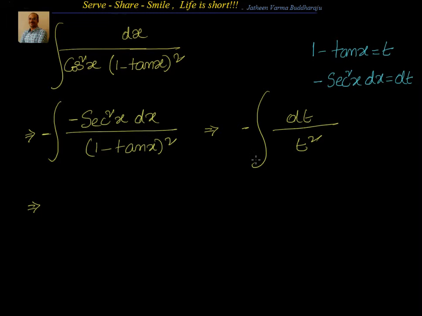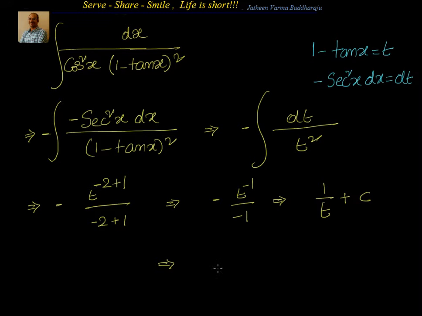We know integral of t power minus 2 is t power minus 2 plus 1 divided by minus 2 plus 1, that is equal to minus of t power minus 1 by minus 1, which is equal to 1 by t plus c. Now what is the t we have taken? We have taken t equal to 1 minus tan x. Therefore the answer is 1 by (1 minus tan x)